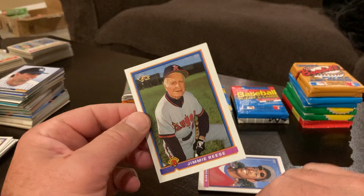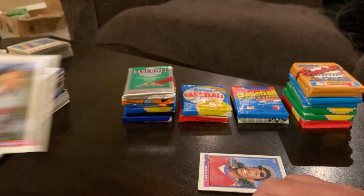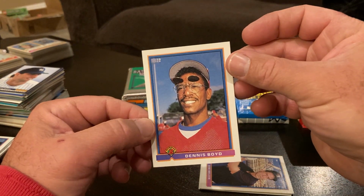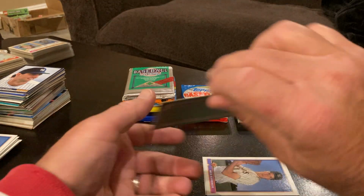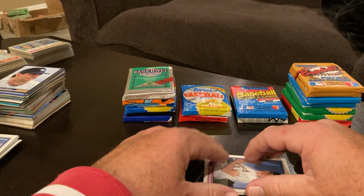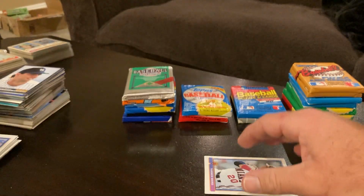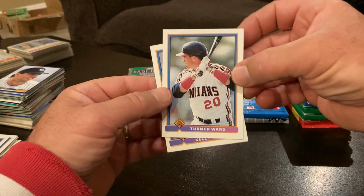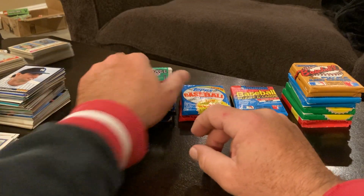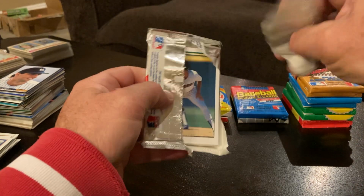Wow, I've never seen this card before. Dennis Boyd. Bob Melvin again. I think that's the third time we pulled, no, second time Bob Melvin, and then Bochy a couple of times. Wes Gardner, Turner Ward, and Kelly Downs. All right, nothing too spectacular. Some rookies, other rookies we can pull here out of